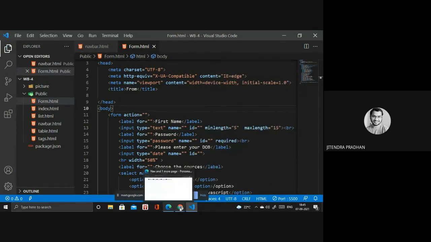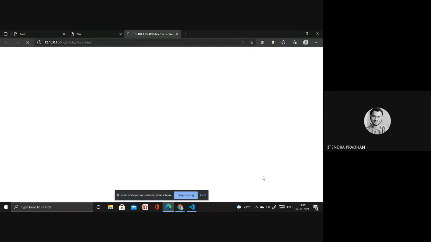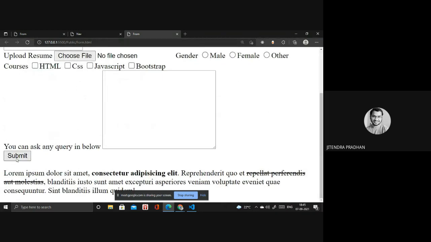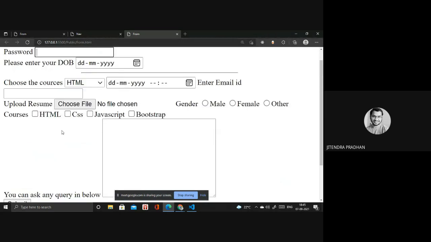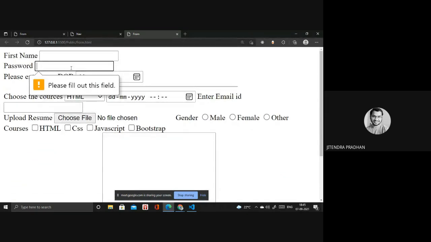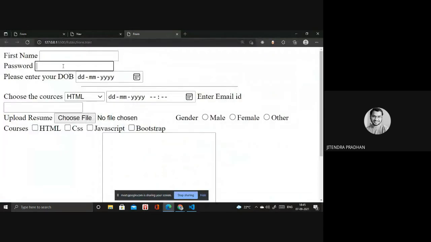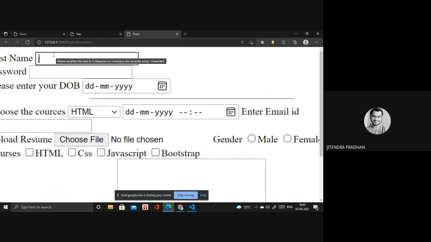And second question, what is the question? I will read that one. Yeah, it's opening now, but I need a submit button. If I submit without writing anything, it will show me an error: please fill out the form. Inside I have to write J only. Please lengthen this text to 5 characters or more.